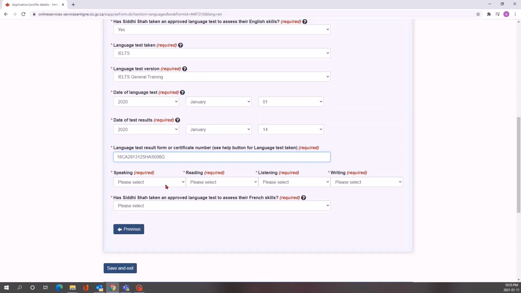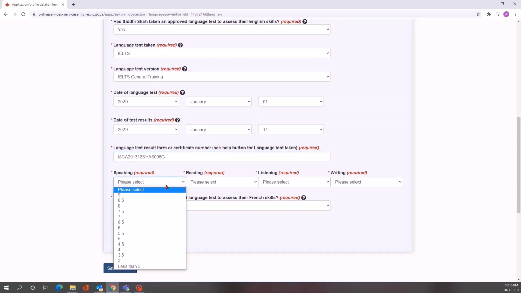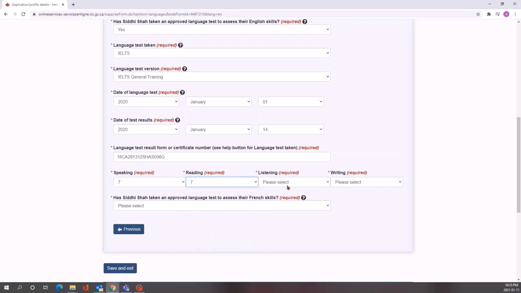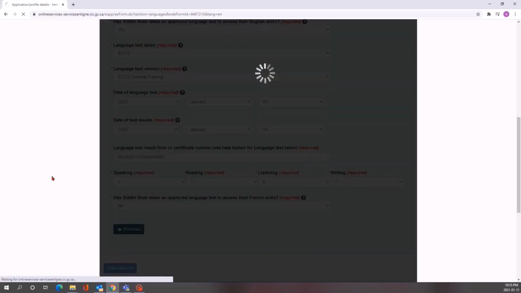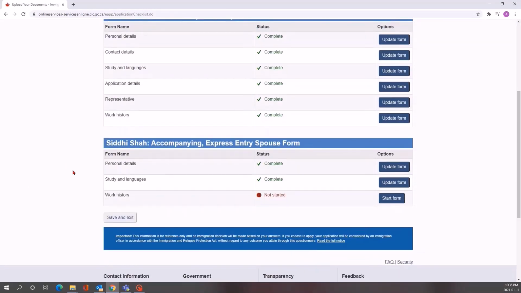After that, select the language test score for all categories. My wife has speaking 7, reading 7, listening 8 and writing 7. She has not done a French language test, so I'm selecting no and save and exit. So that form has been completed now.